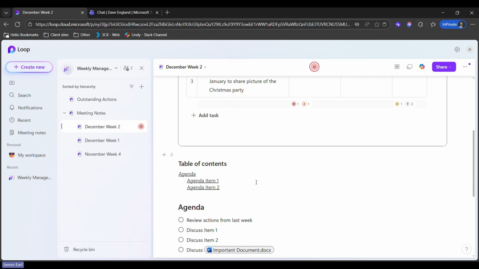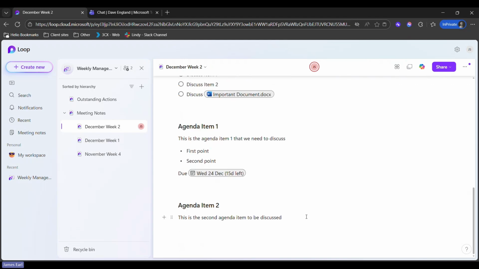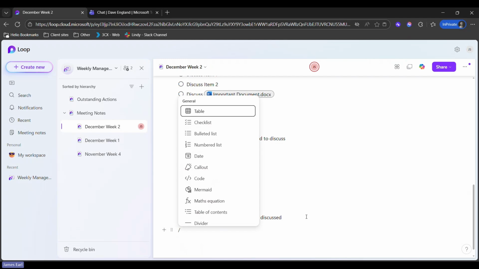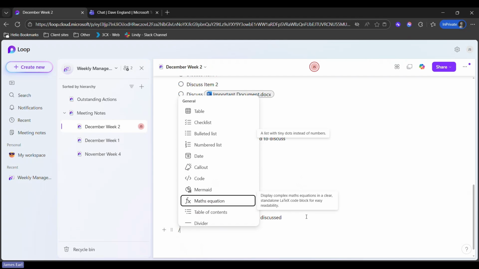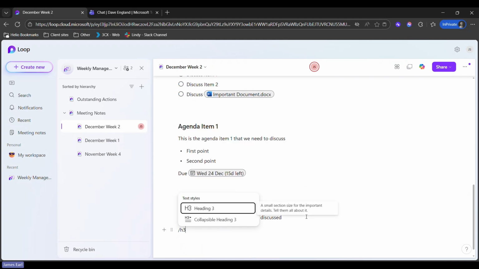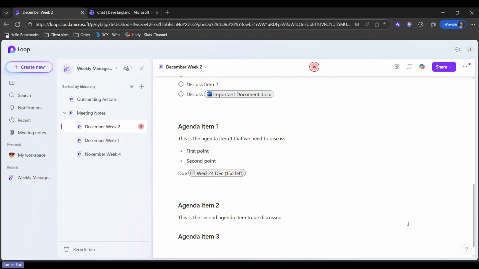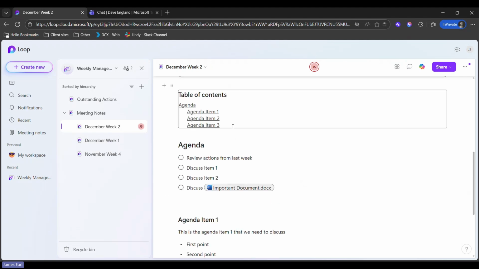So the main question is, how do we actually add Loop components? This is where the slash is going to become important. Essentially all you have to do to add a component is type slash and it will give you a list of all the different components. If you get more familiar with Microsoft Loop, you can start typing. So for example, if we add another heading 3, we can add agenda item 3 as a new heading. And if we scroll back up, we can see that our table